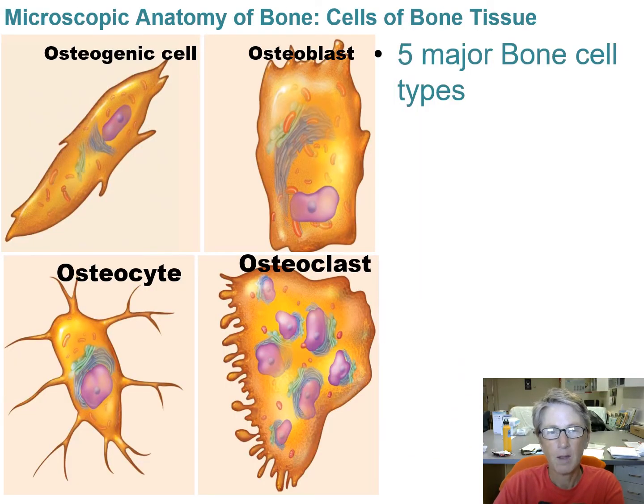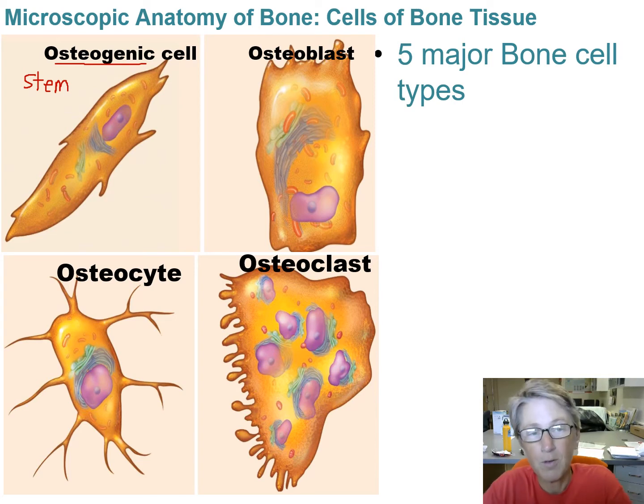Before we go into that, let's just review our heroes of the skeletal system. The cells, of course. The osteogenic cell, remember what that does? Remember, that is a stem cell. You're right. A stem cell can create several other types of cells. For example, when given a molecular signal, the osteogenic cell can differentiate into an osteoblast, and then that osteoblast can start making